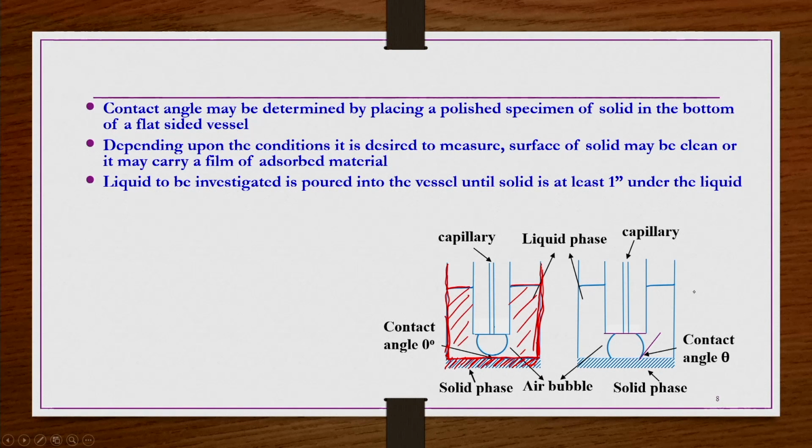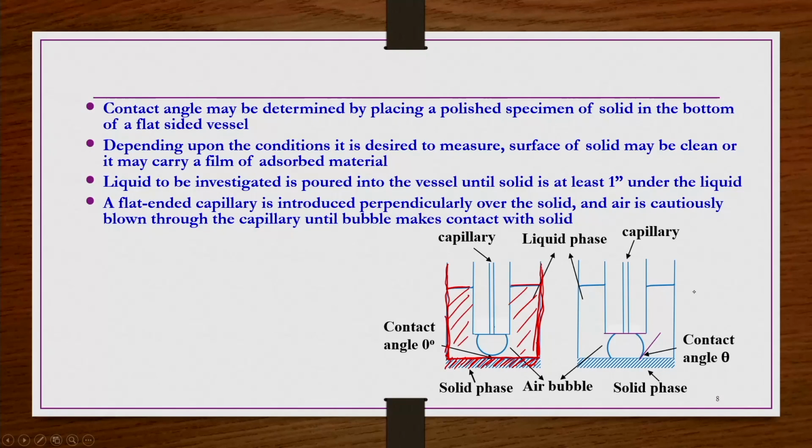Then a flat ended capillary is introduced perpendicularly over the solid and air is cautiously blown through the capillary until the bubble makes contact with the solid. So, this is the capillary you have. You take a capillary here and then perpendicularly like this you put it and cautiously blow air through it, so that a kind of bubble forms, and then blow this air until this bubble makes contact with the solid. Let us say the bubble is forming like this, okay,